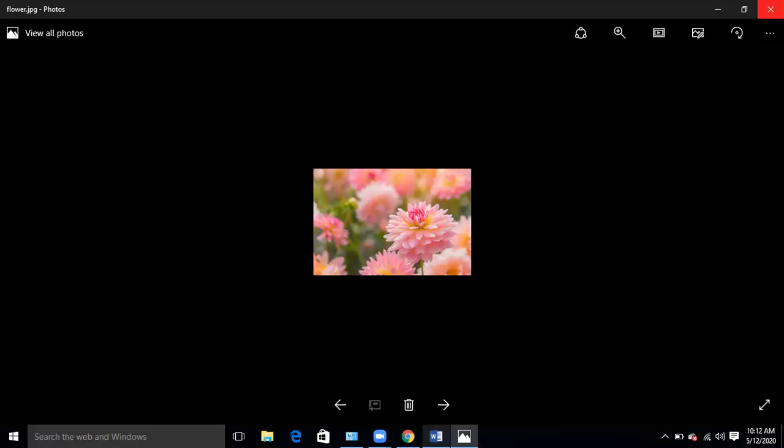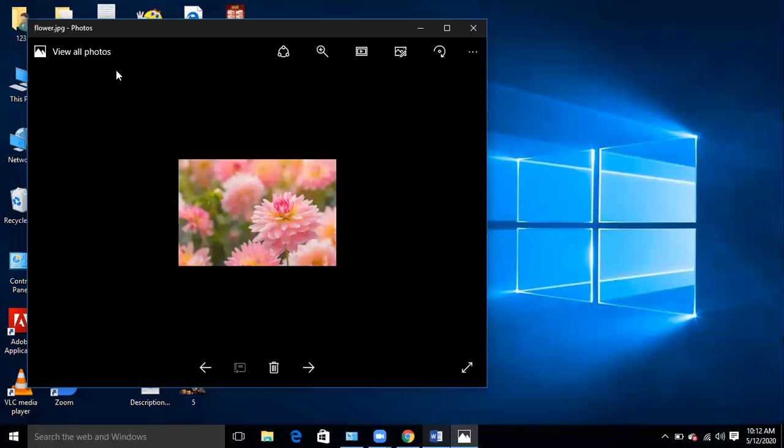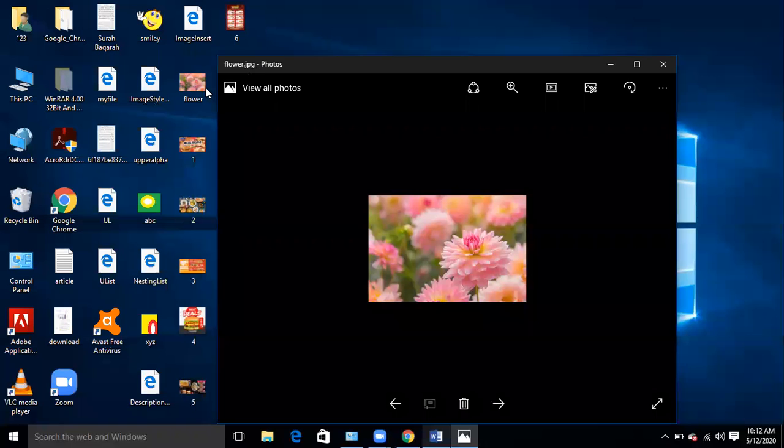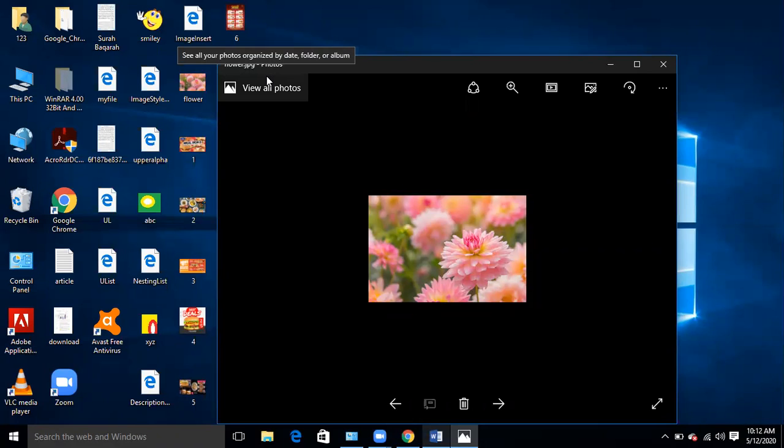First of all, I should know its name and its type. What type of image is this? Its name is flower and .jpg. JPG is its extension, because we must know the extension of the particular picture that we want to insert, and the picture should be in the same folder where we are going to create the HTML file.